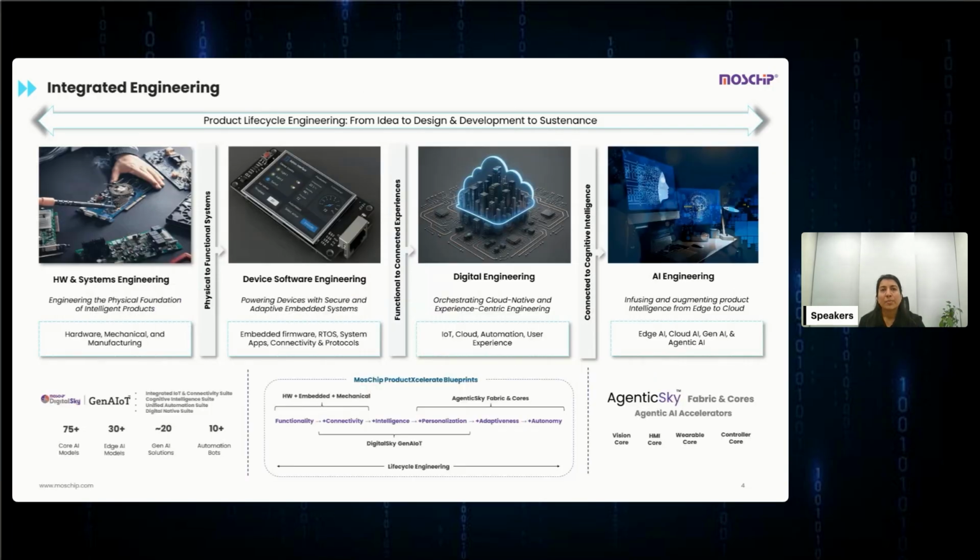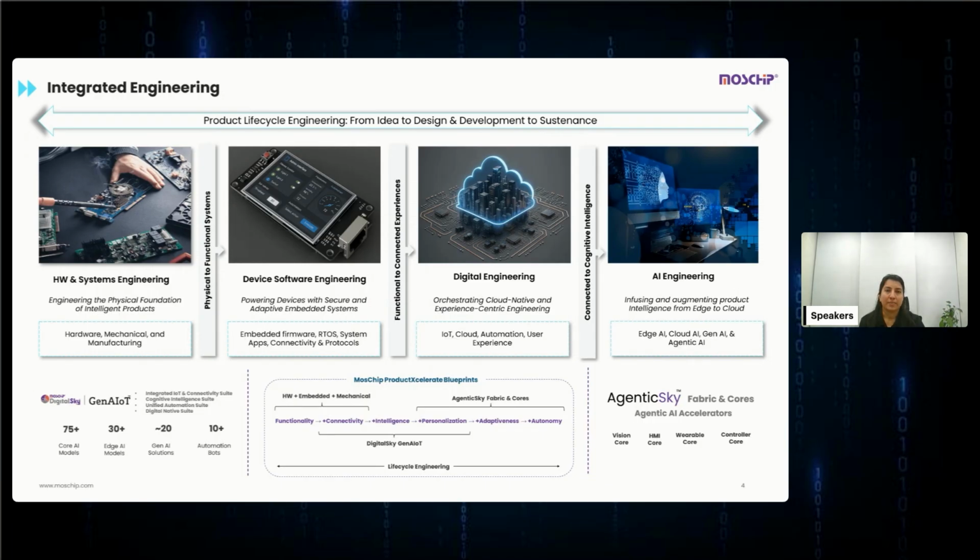Now, let's think of a modern product as a four-layer tower. At the base, we have hardware, where silicon, PCBs, connectors, power rails, and enclosures are there. Above it, we have device software, where drivers, RTOS, bootloaders, and diagnostics happen. On top of that, we have the digital layer, where there are connectivity stacks, cloud APIs, security, and telemetry. And finally, on the top, we have the AI layer, where intelligence shifts from cloud only to embedded, edge, and